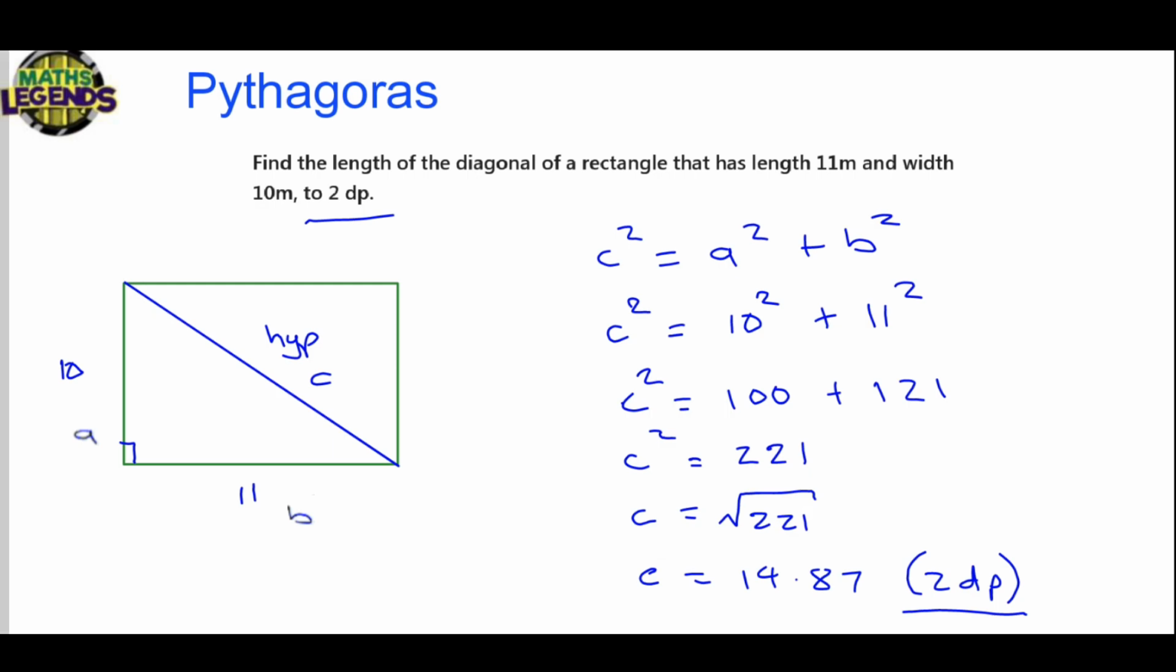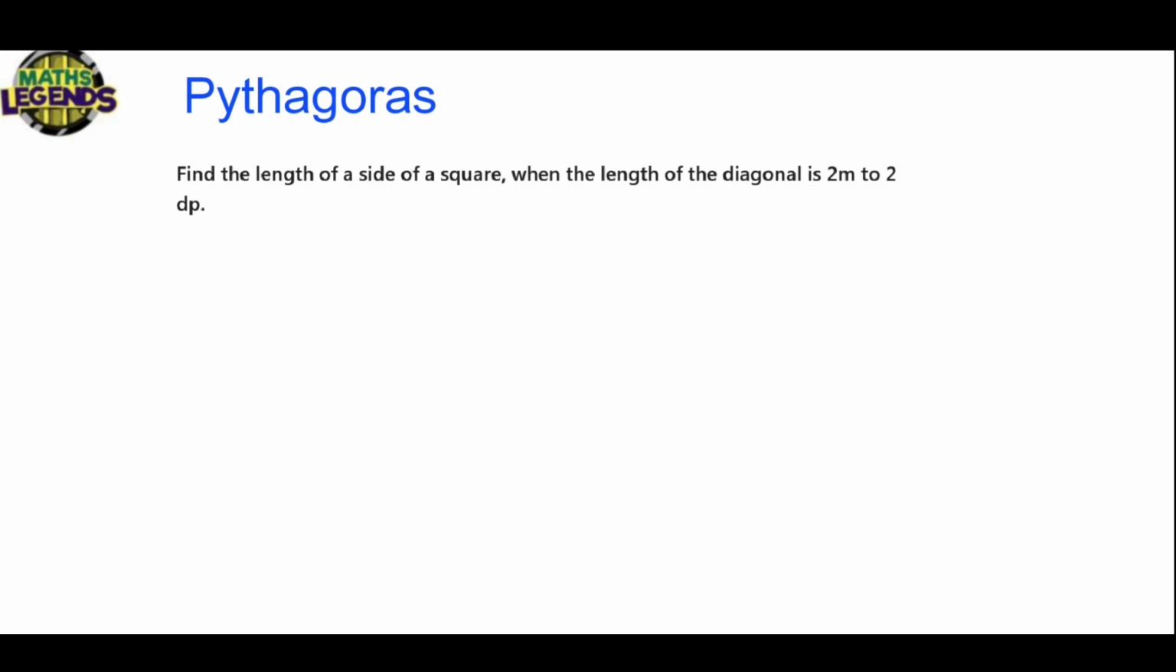Let's look at another example. So here we're asked, find the length of a side of a square where the length of the diagonal is 2 meters to 2 decimal places. So again here we will draw a diagram. So here we have a square, and now we will add the information that we know about this from the